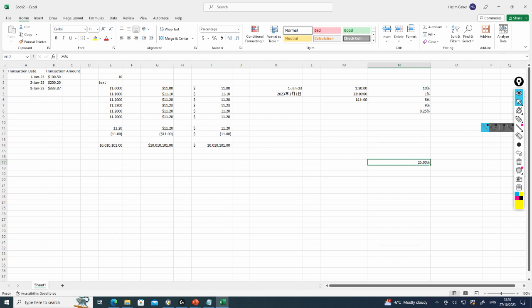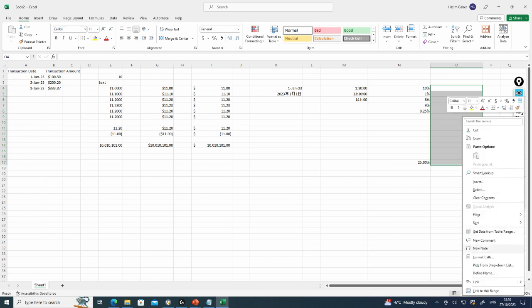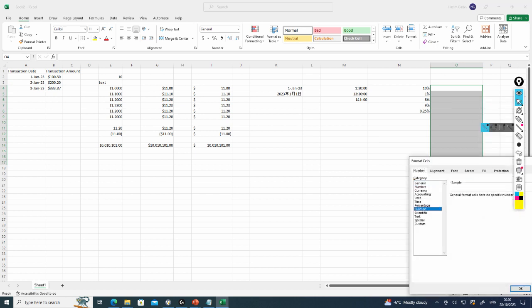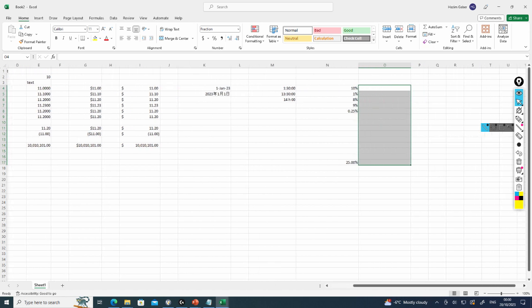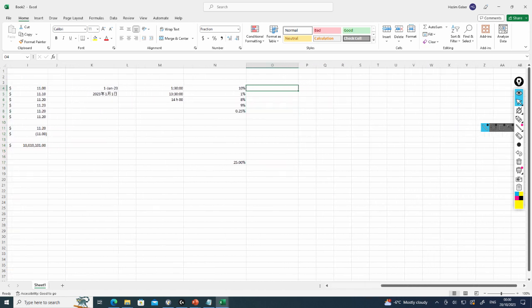So we're going to look at fractions. We're going to format these cells as fractions. Let's scroll over to the right here. So I formatted my cell as a fraction. And if I go in here and type 1/4, what you'll notice is Excel doesn't store data as fractions. It stores decimals. So 1/4 is 0.25. What's actually going on here is if I put in 0.25, Excel puts it as